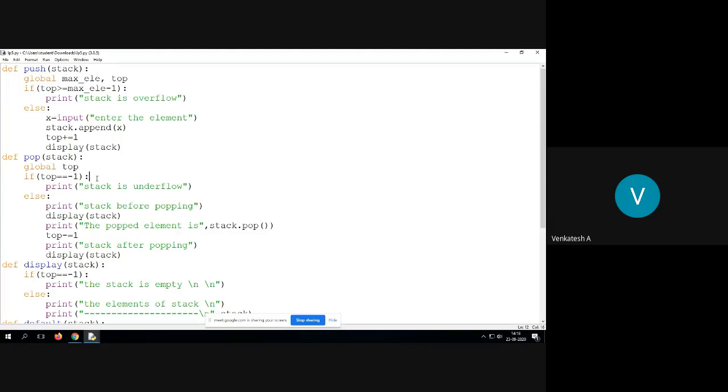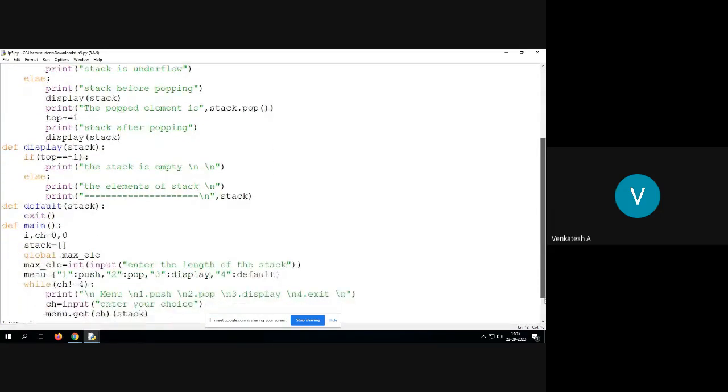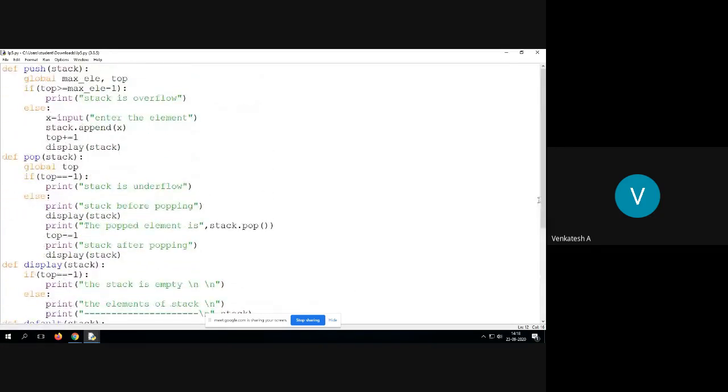On what basis are you saying that it is a linear data structure? When you store something in a stack, the elements will be stored in contiguous memory locations, immediately one after the other. So that's why we have an index.